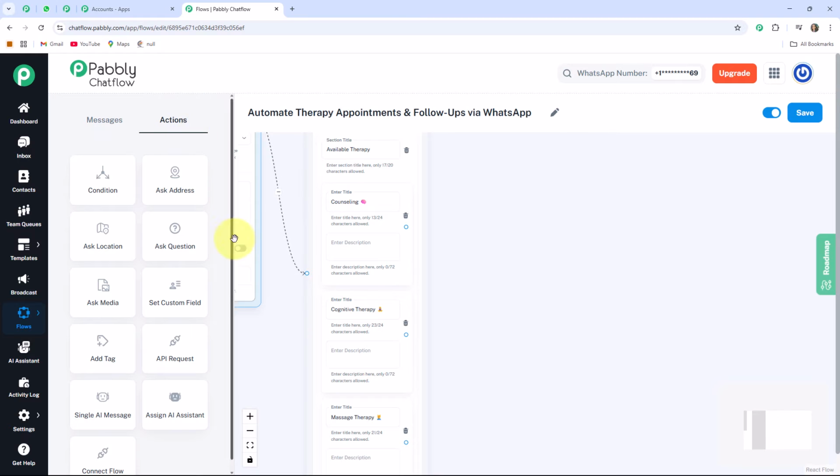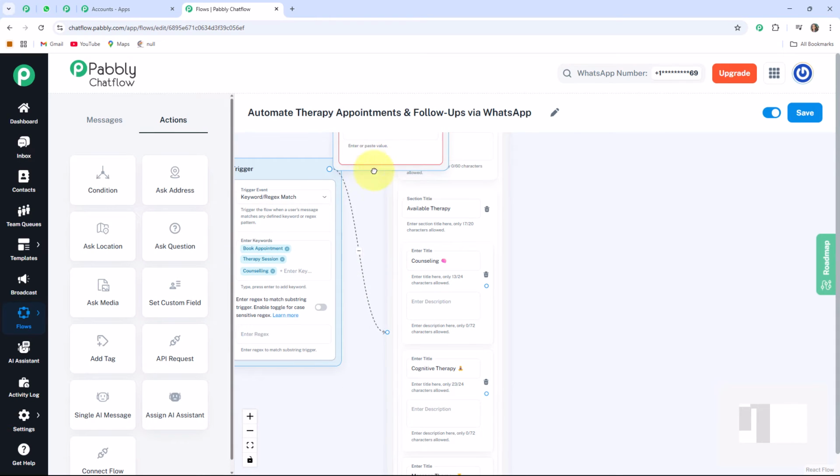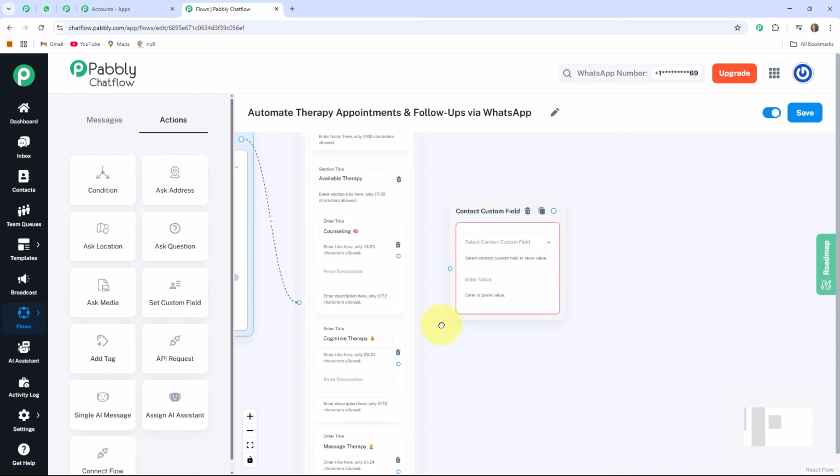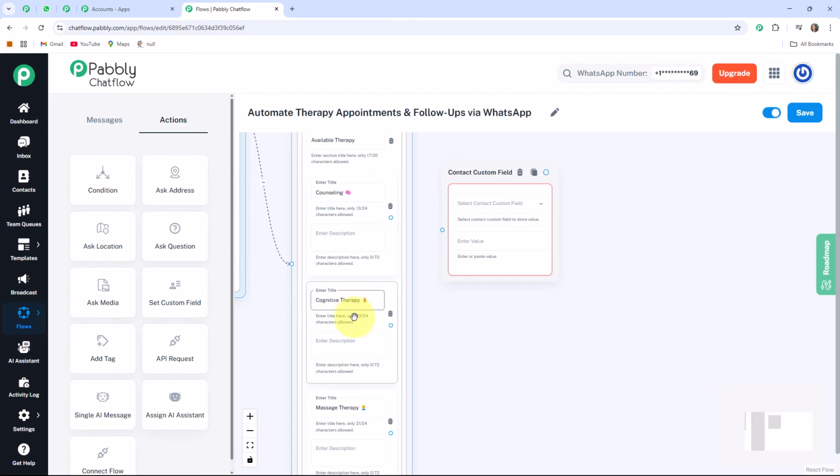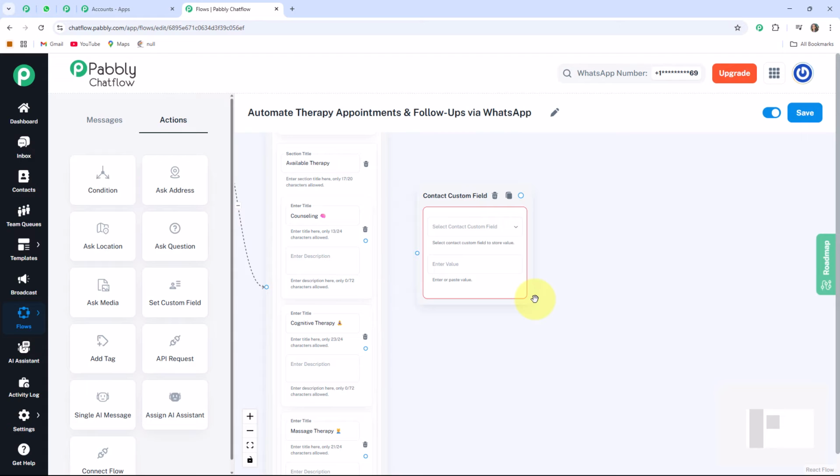For that, I am clicking on this action option and take the button as set custom field. I drag this contact custom field box here. In this step, 3 separate contact custom field buttons are used for each available therapy so the bot can store the exact service selected by the user, whether it is counseling, cognitive therapy, or massage therapy. This stored information allows the chatbot to recall the chosen therapy type later in the conversation to send accurate and